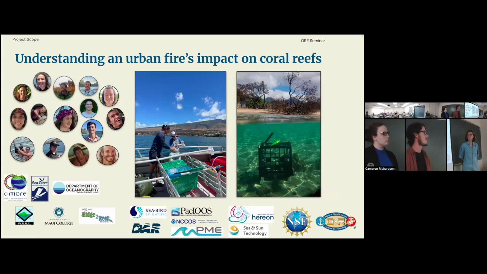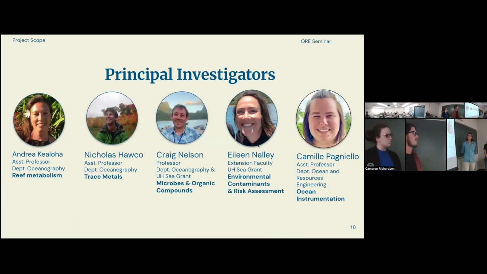Our project is situated within a larger effort to understand a coastal urban fire in the 2023 Lahaina wildfire project. So these are some of our awesome collaborators, a couple of grad students in oceanography and a lot of PIs. And in the next slide, we can see our actual PIs. And so this project was